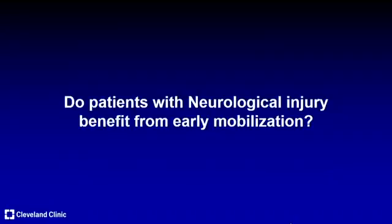Okay. Now I'm going to break. I work in a neuro ICU at Cleveland Clinic, and so it was really interesting to me 7 years ago when none of our patients were being mobilized, and we didn't have the equipment for that either. So I thought I must be missing something. So I'm trying my hardest to pull that patient population into the mobility as well as the A through F bundle,